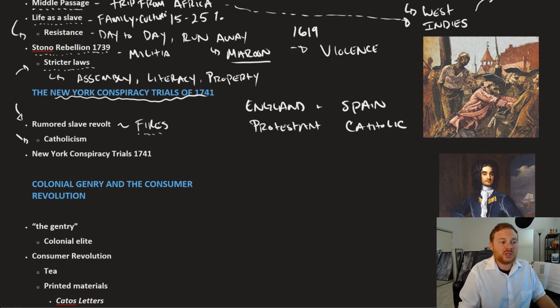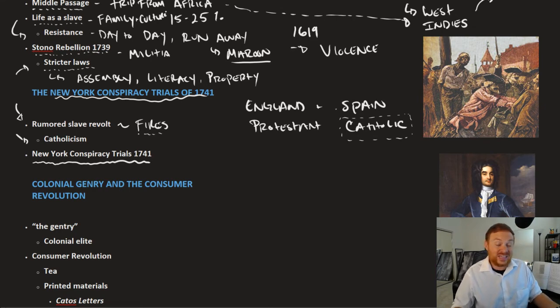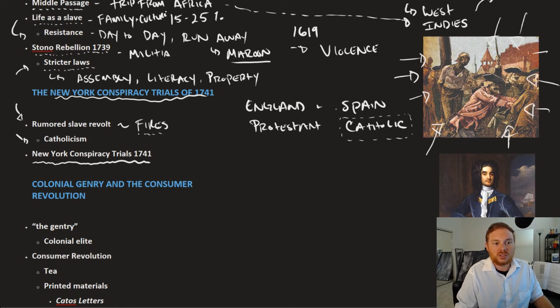And so these series of events, paranoia about a rumored slave revolt, a series of fires that broke out in New York, a potential theory about how Catholic missionaries were trying to encourage slaves to rise up and kill their white Protestant masters, led to a series of trials in which a number of slaves and a small number of Catholic missionaries were put on trial, found guilty on very little evidence, and eventually executed. This image right here is showing one of the people who was killed for being part of this conspiracy. And by all of our accounts today, it is unlikely that a conspiracy in fact existed.